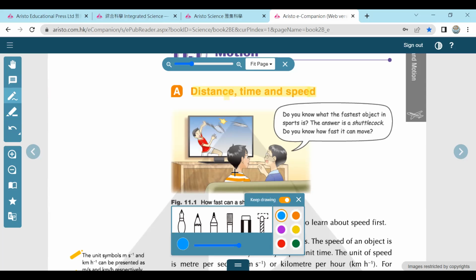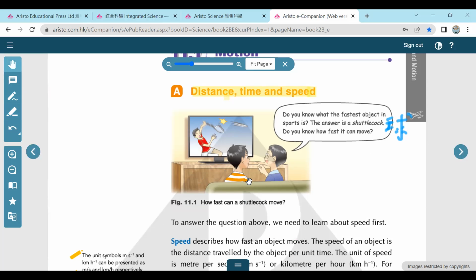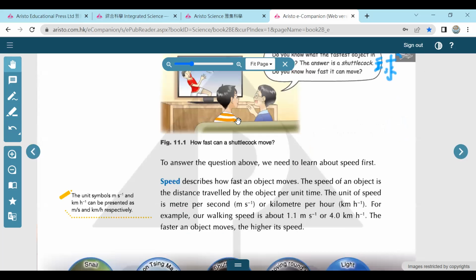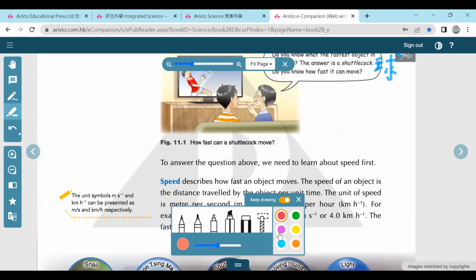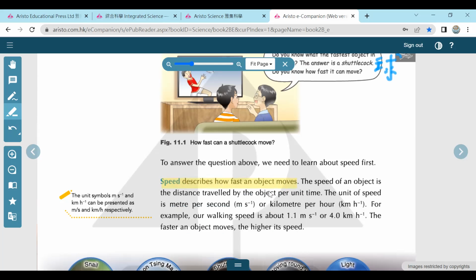Shuttlecock, which means 羽毛球，但唔係即係踢問題羽毛球，係即係呢隻球啫，球。Okay. To answer the question above, we need to first learn about speed. Speed describes how fast an object moves. 速度咧就係去describes 即係去係啦 how fast an object moves， 呢個物件係究竟佢速度有幾快，稱之為速度。